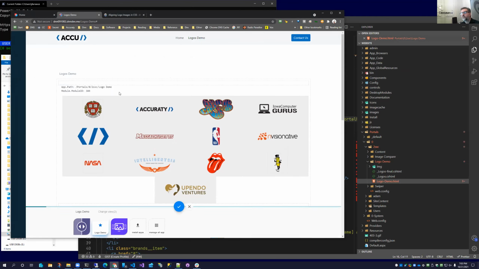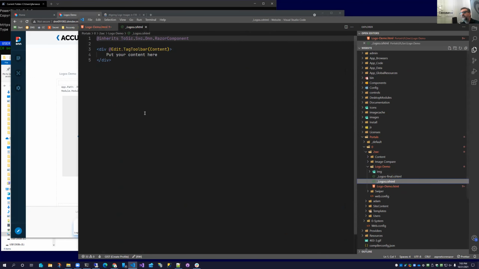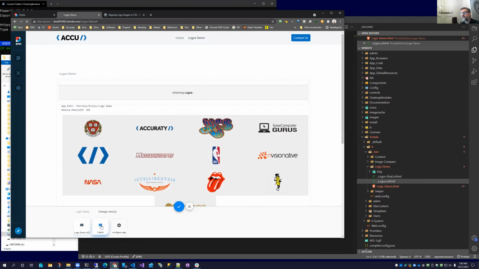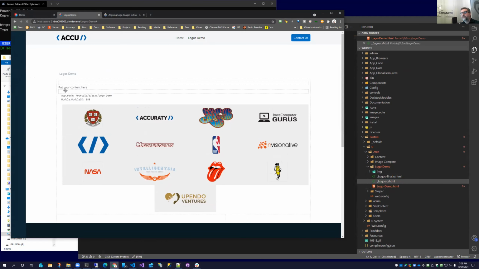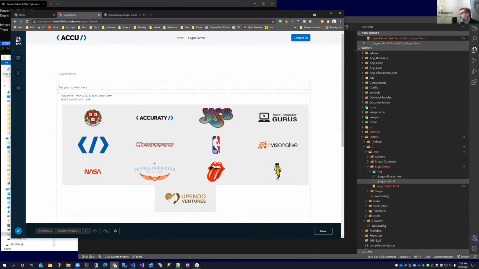So now I'm going to switch. Notice, even though there's nothing in this file, here it is right here. There's almost nothing in here. Too Sexy is smart enough to give us a toolbar. And we can now switch to our logo view, hit OK. And you'll notice all it's going to do once it's done refreshing is output some, put your content here, which is exactly what it says here inside a div.